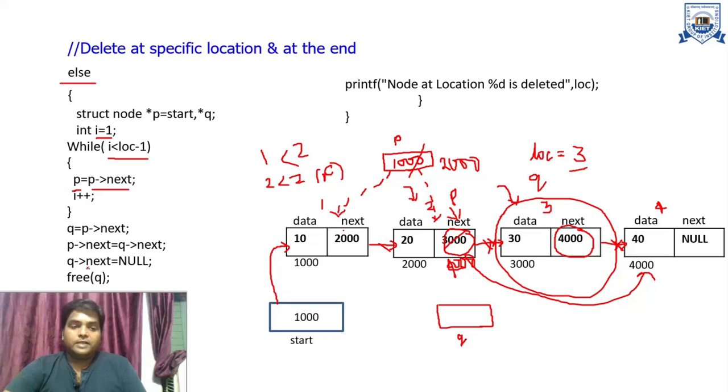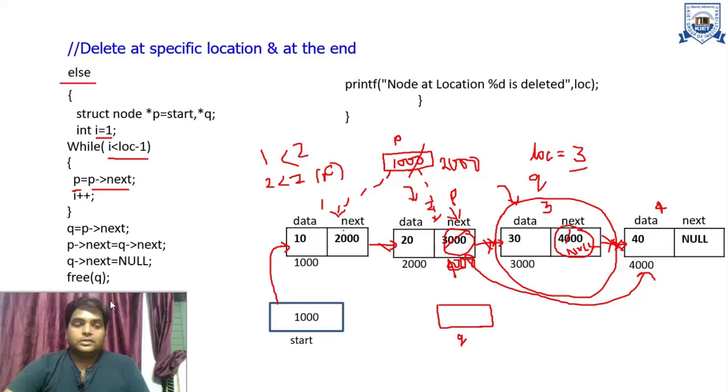Now again what we do, Q2 next is equal to null. Q is pointing to this particular node, Q2 next is this particular field. Now the content of this field is null. When it is null, then this connection is getting terminated. Now we will be able to delete this particular node. Okay, so in this way we can delete a node at the specific position in single linked list.